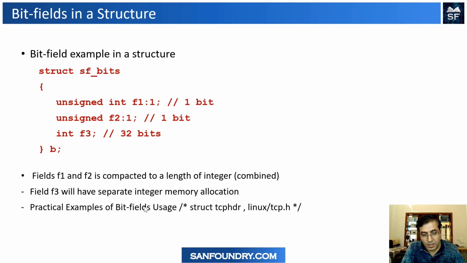Another interesting thing is that we have to think about where we use bit fields. Bit fields are used extensively. Very soon I am going to show you a TCP header, where we send the data. We'll talk about it a little more very soon. So we use it in the TCP header, and there are many places where we use bit fields, generally in our kernel, because in the kernel we have a lot of requirements for bit fields. I will cover a little more about usage in the kernel in a few more slides.